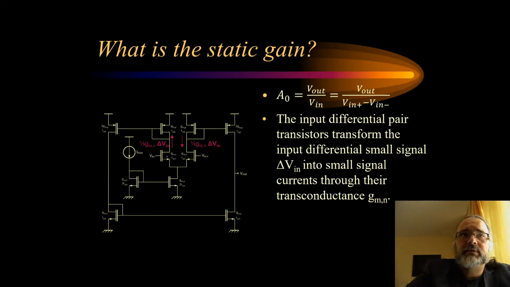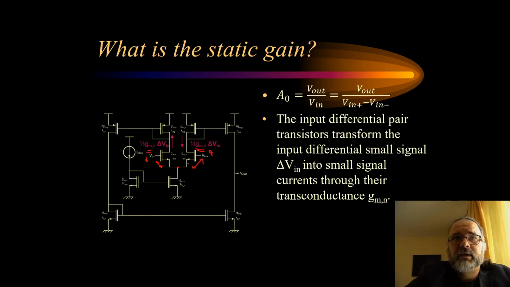These input MOS transistors will transform the input voltage into currents through the GMs of the input transistors. If you apply here certain voltage in this direction and here another direction, in the middle this node will not change in voltage because it is in the middle. Hence you will increase by half delta V in this VGS and you will decrease by half delta V in this